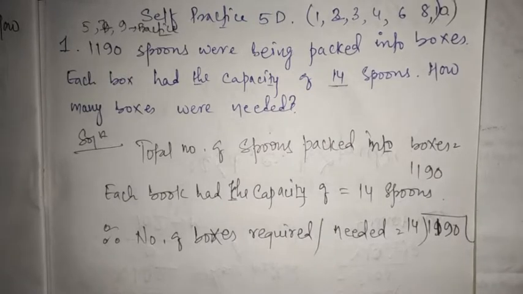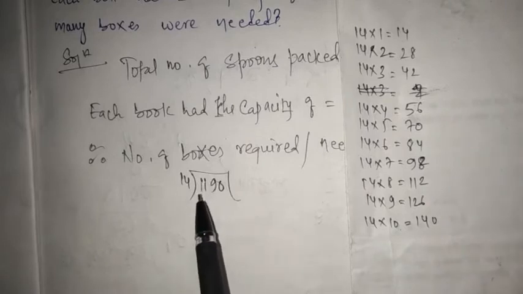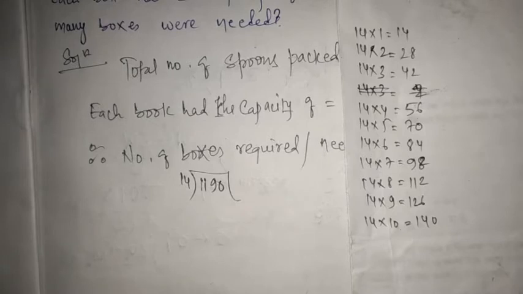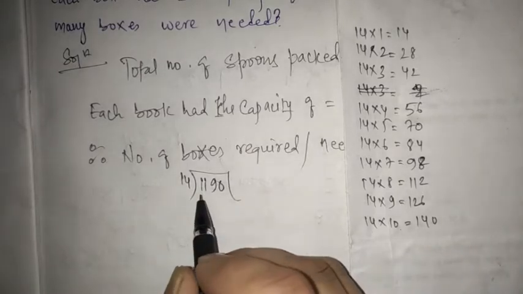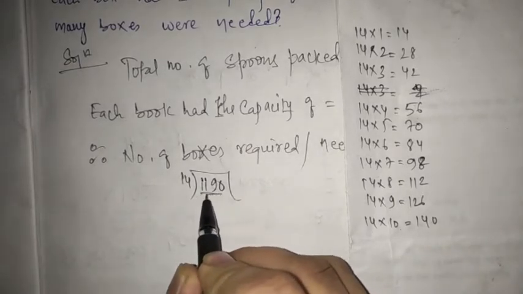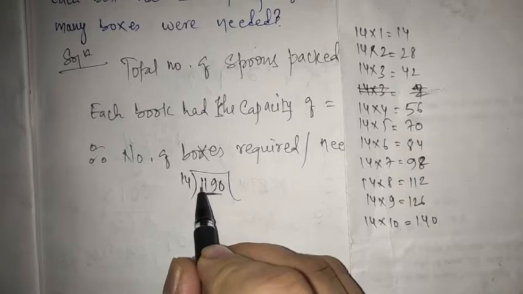So here I have written the multiplication table of 14. So now you have to divide this using the long division method for sure, because we don't have knowledge of the bigger numbers in the 14 table. So let's do it step by step without any mistake. Okay, so you can divide 119. So I am choosing 3 digits here, 119. So which number do you think is appropriate?